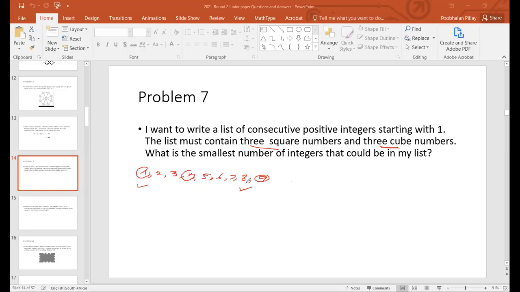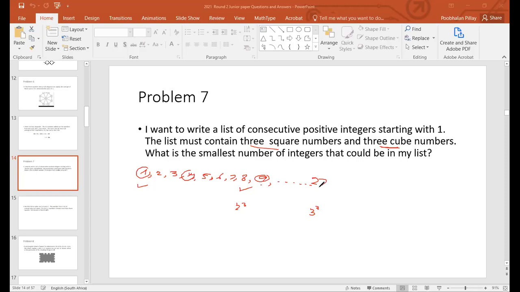So I need to have one more cube number because you need to have 3 cube numbers. I already got the square numbers. Now the next cube number, this is 2 cubed, the next cube number will have to be 3 cubed, which is 27, which is pretty far down the line. So I can go right up to 27, and only when I come to 27 do I have 3 cube